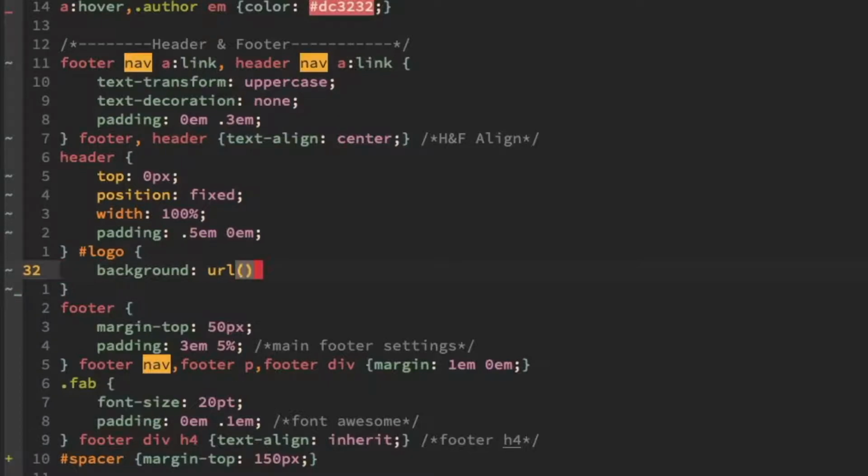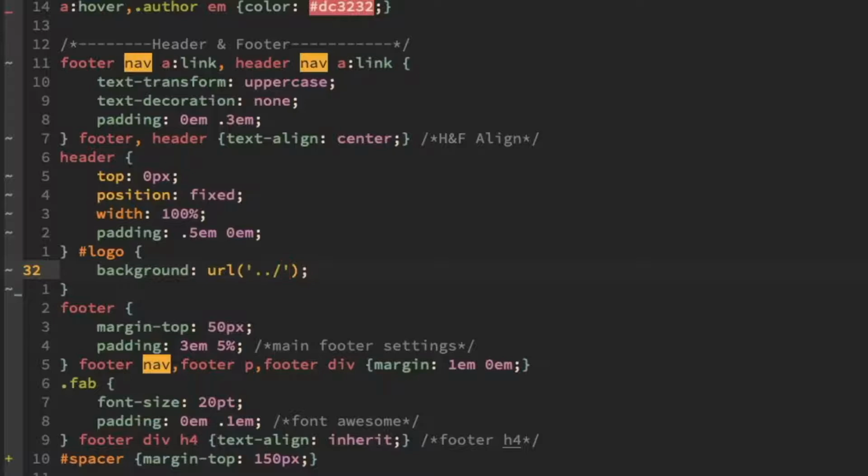It needs to be closed out by a semicolon, and the URL needs to be both inside of parentheses and inside of quotes. And then when we link to the URL, what we need to do is .. And what that's going to do is move us up one level inside of our directory. Anytime you want to move up one level inside of a website directory, at least as far as CSS is concerned, it's .. That will move you up one folder structure, like take you out of the folder that you're